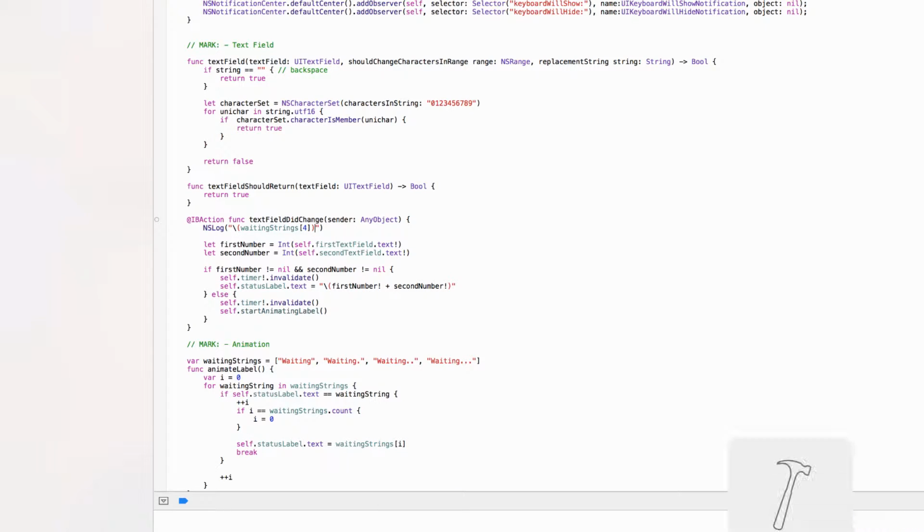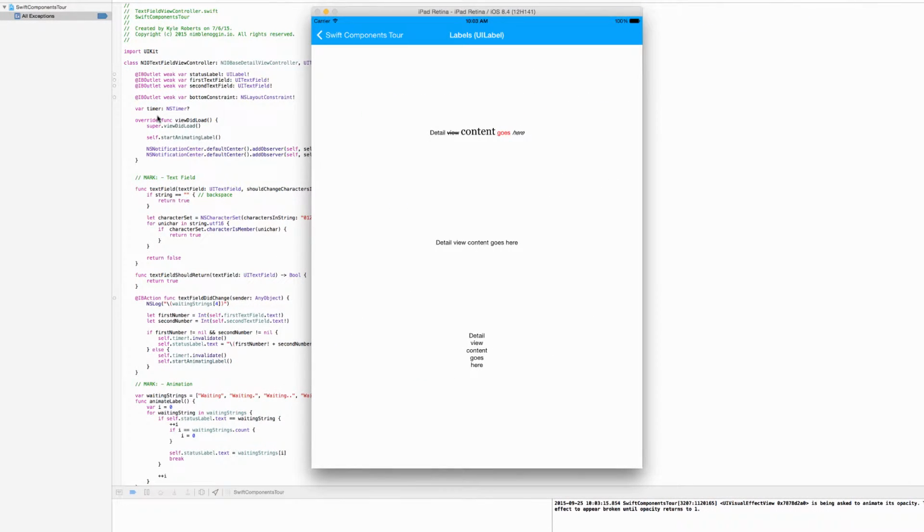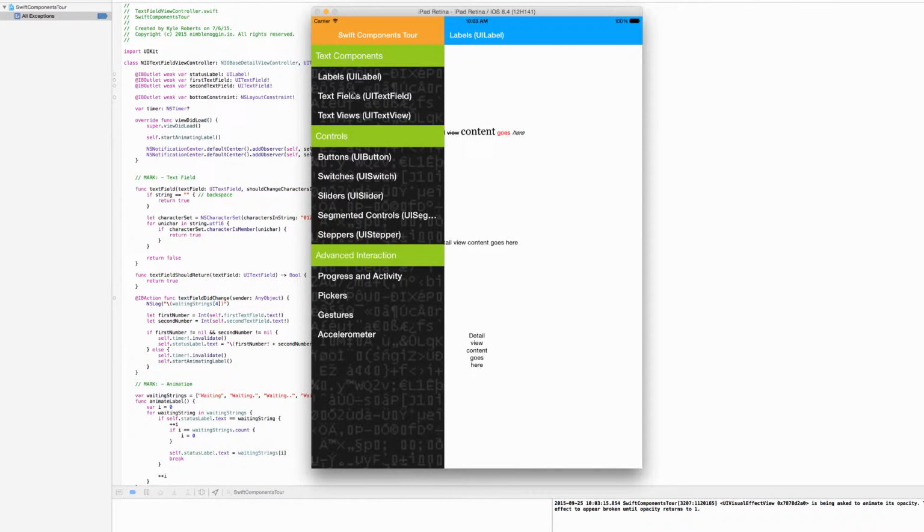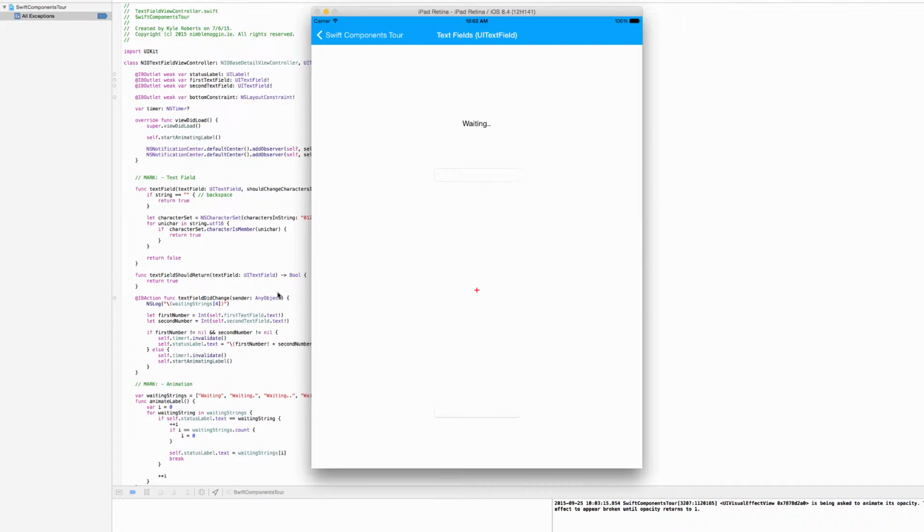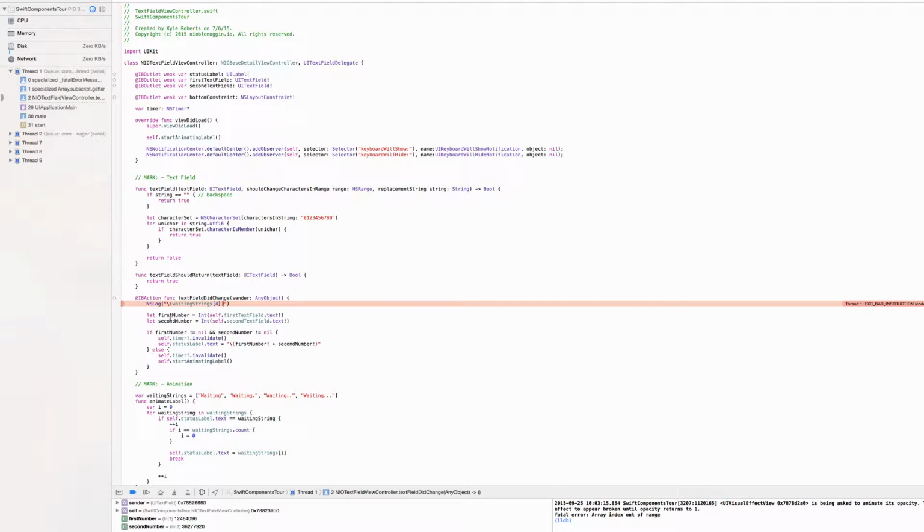But what's cool about exception breakpoints is if the app crashes due to an exception, not because it ran out of memory or a broken reference to something, for an exception crash, which is normally what logic crashes that you run into are. So I'm going to open this view controller, and we put it into the method text field did change. So let's just click on a text field and edit that, and the app will get to this line, it will run this line, it will throw the exception, and before the app crashes,